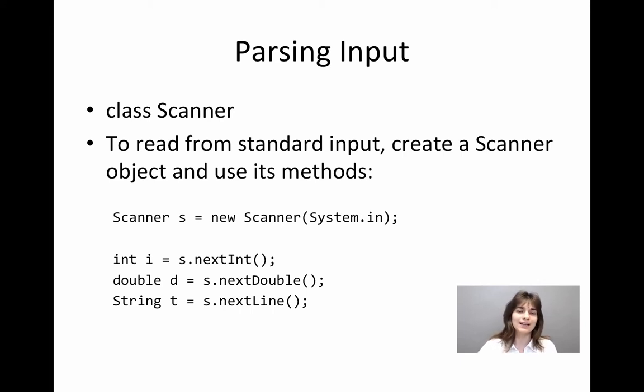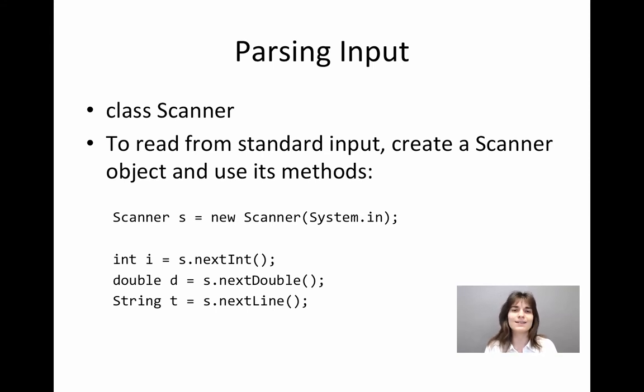If we want to read a double, what is a double? It is a real number. We will talk about the type double at the next topic. So if we want to read a real number from the input, we're going to use the method nextDouble. If we want to not just read a number, but read the whole line of the input, we're going to use the method nextLine. And every time we call such a method of the Scanner class, like the methods we see on the slide, they return a value which we need to store somewhere.